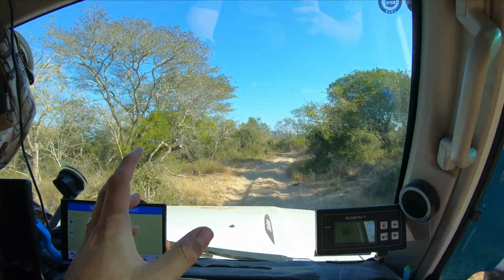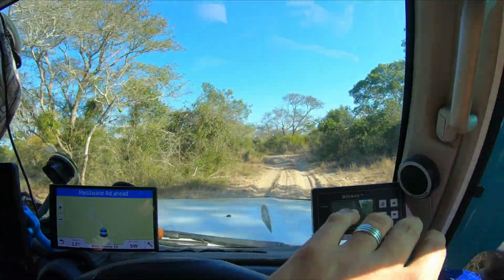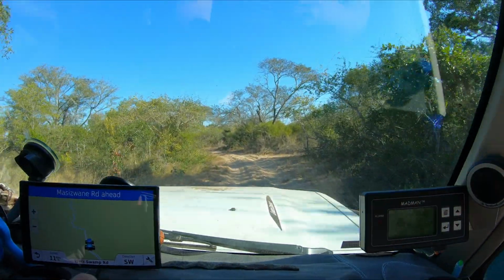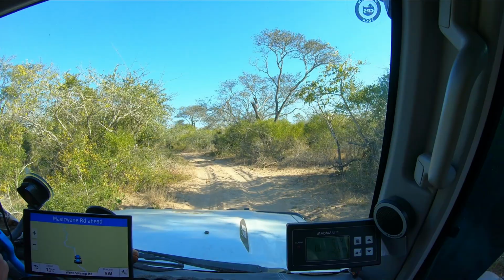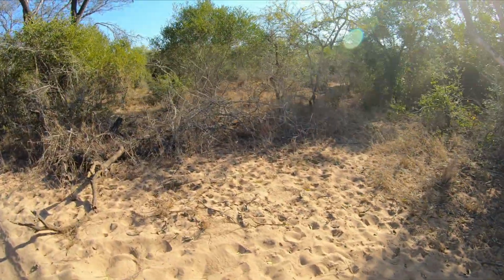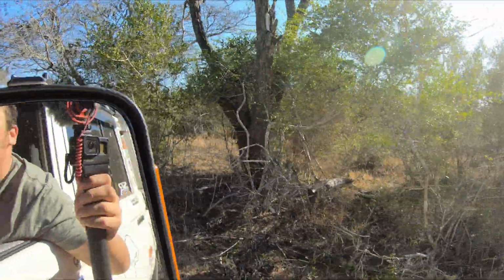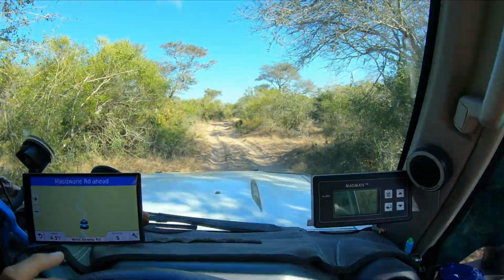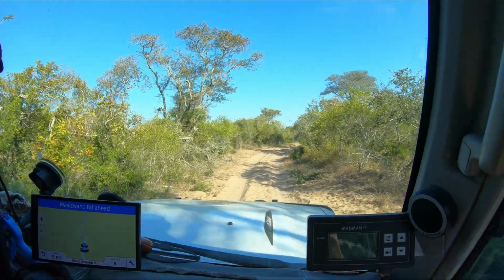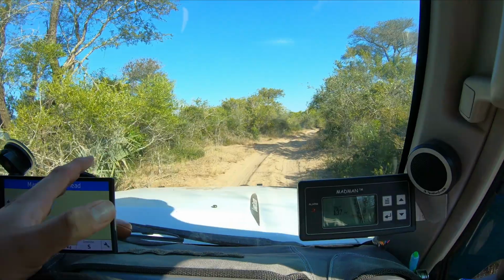You will see there are a lot of fallen trees and fallen and damaged bushes here because of the elephant population in the reserve. They do cause a fair amount of damage, and what that does is, as an example, leave stuff like this here all over the reserve, and that eventually piles up and piles up, and if you don't burn it regularly, you end up with uncontrollable fires, and that's when the large devastation and